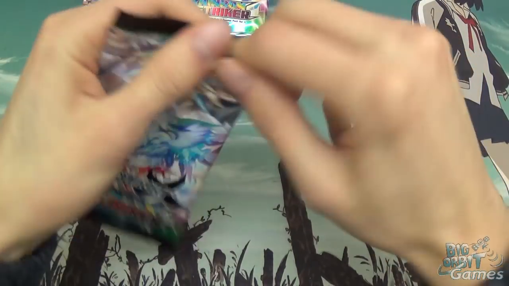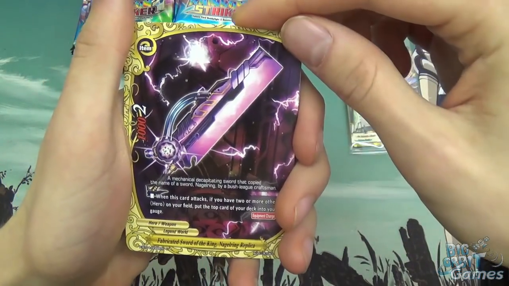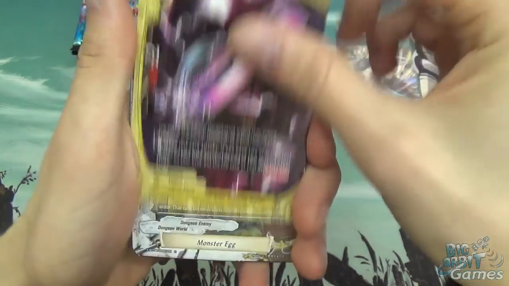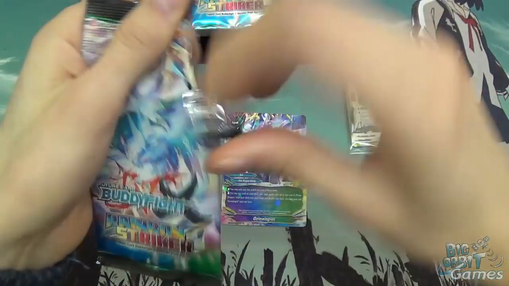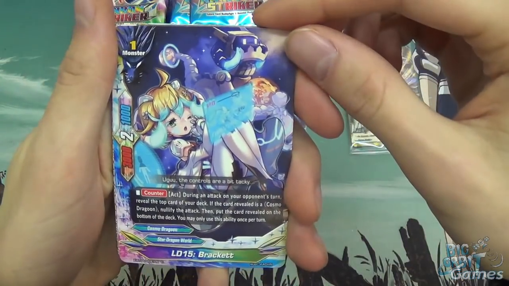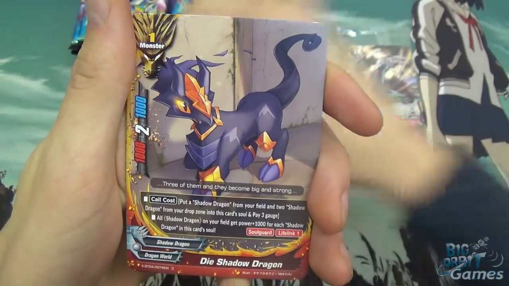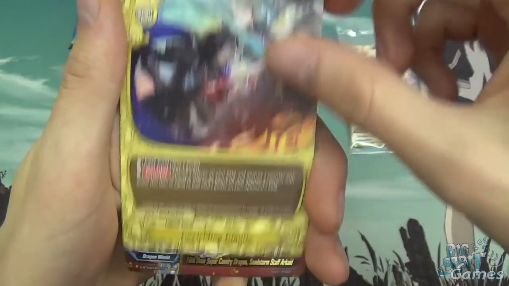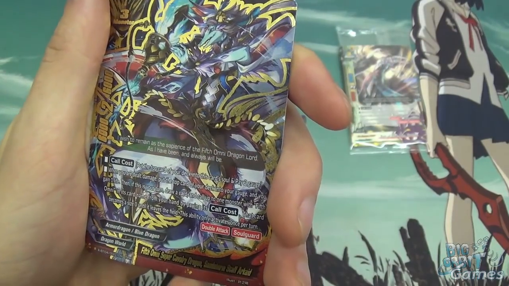So onto the first pack. We have Fabricated Sword of the King, Nagelring Replica, Monster Egg, Chaos Slime, Sorcery Barrier Device, and Gemologist. LD15 Bracket, Merit Awards Ceremony, Die Shadow Dragon, Unyielding Dignity, and an R, 5th Omni Super Cavalry Dragon, Sandstorm Staff